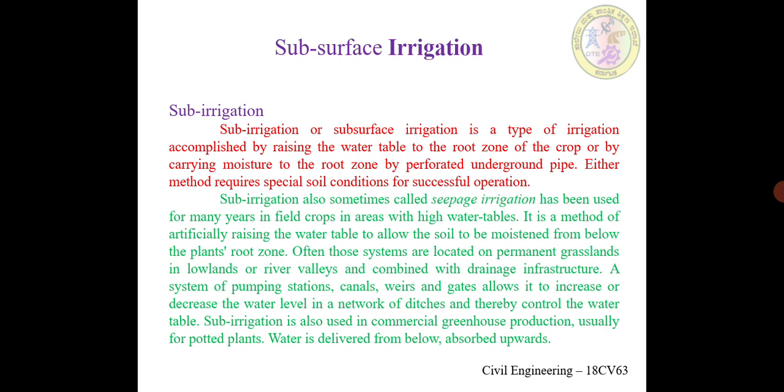In case of artificial sub-irrigation, a system of open drains artificially laid below the soil and water flowing through them creates this type of irrigation. The dry soil on either side of the drain will absorb the water through the action of capillarity. Required amount of water thus reaches the root zone of the crops, which results in good yields of the crops. It is a very expensive method of irrigation and hence not followed in India.